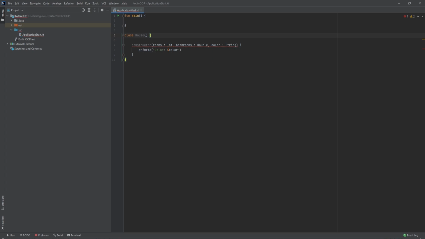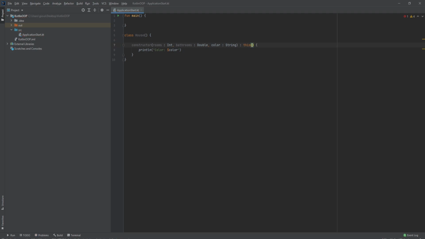So when we add a primary constructor and we have a secondary constructor, it still expects us to call the primary constructor first. It should be the first constructor called when the object is made. To include the primary constructor, we just add in a colon right after the parentheses in the secondary constructor, and we use the keyword this. And this pretty much means that we're going to make a call to this primary constructor,